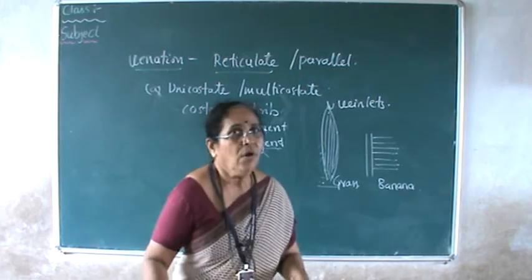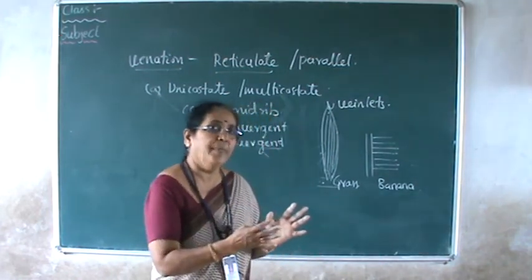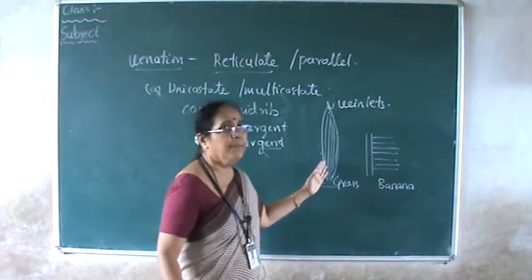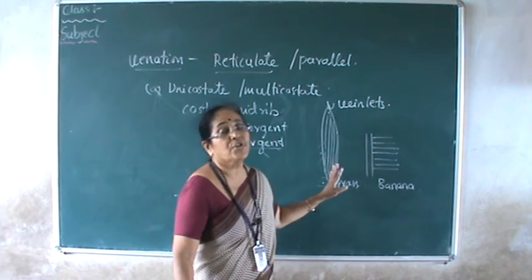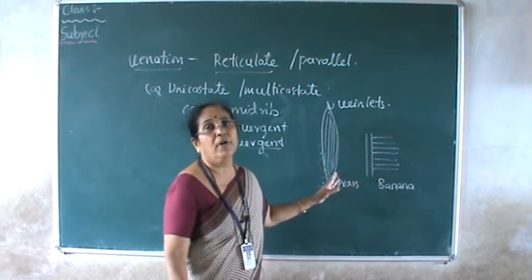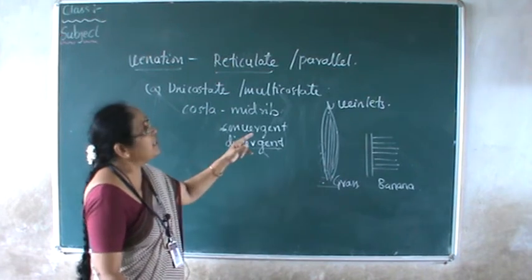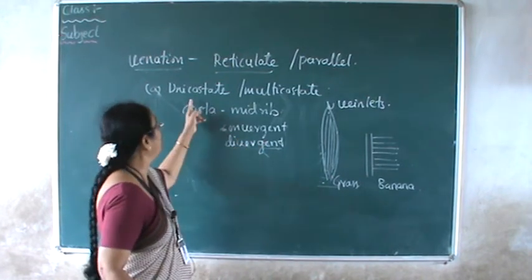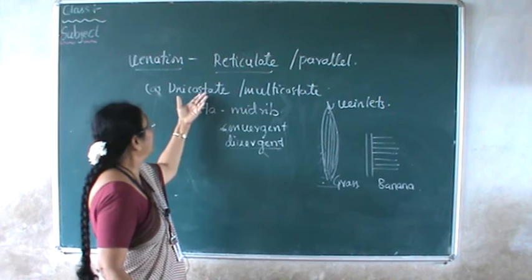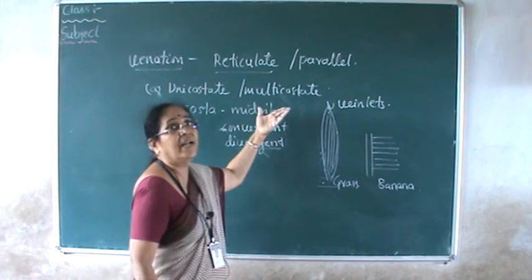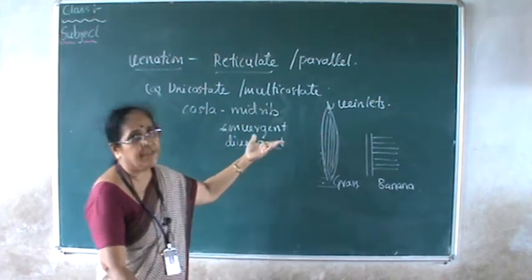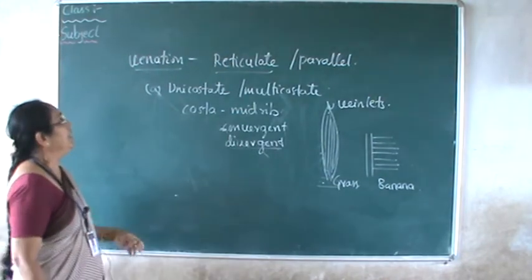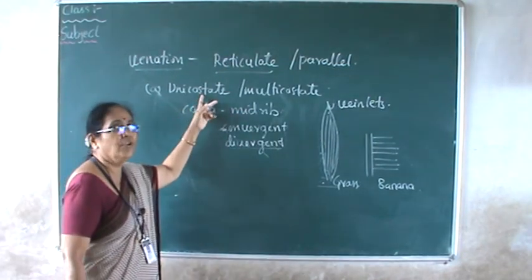Veins may be parallel to each other, or parallel to the midrib also. In both cases, this is parallel venation, found in almost all monocot leaves. And once you describe it as parallel venation, then you have to check whether the leaf belongs to the unicostate type or it is a multicostate type. Same classification. There is no other terminology. And you have to decide. And you know the meaning now.